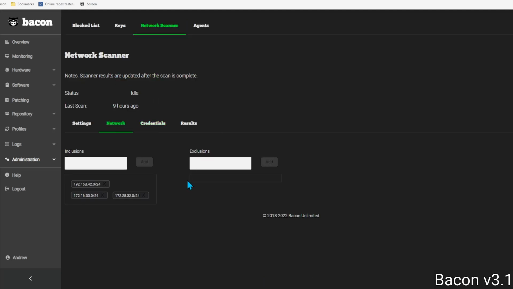Let's review the network tab. Network tab is where you give your inclusions and your exclusions. You'll see that we have no exclusions right now, but both inclusions and exclusions could be subnets or specific IP addresses. We have 3 subnets listed right now for our inclusions. Please note